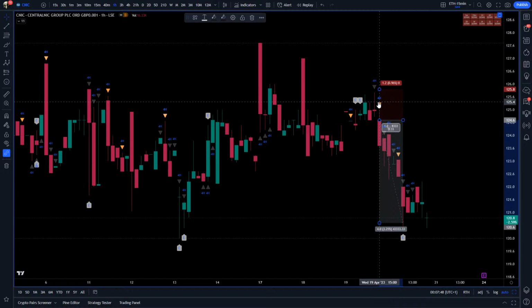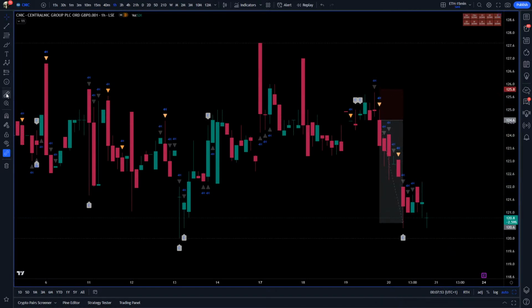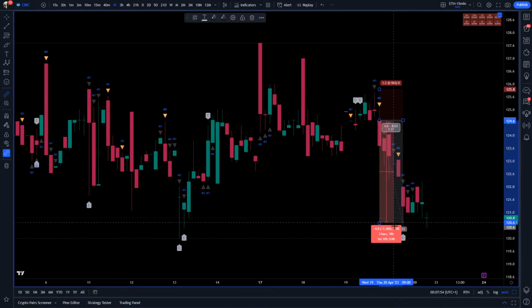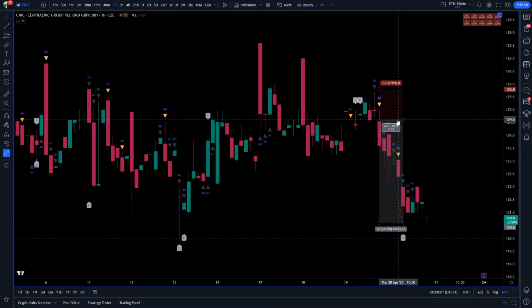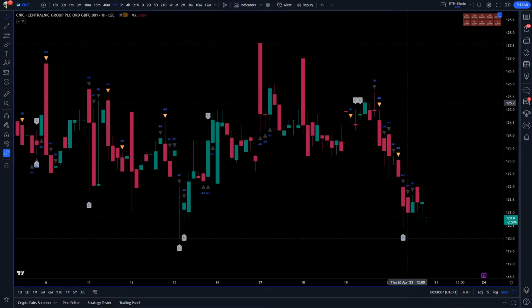Okay, that's the end of our 4-hour market, which lasted 5 bars. So 5 times 4, that's 20 hours. So if you are trading over the period of 1 day or 20 hours, then you would be looking for this 4-hour signal. Alright,